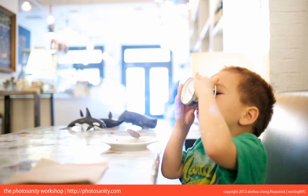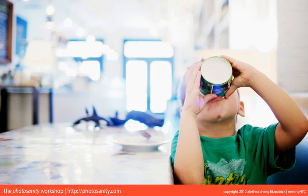And then at the very end I decided to change angles again, get out of my seat, change angles again, and get some of that background in. And that was how I ended up getting this photo of Liam draining the last of his ice cream. It's funny, with all of those sort of personality shots